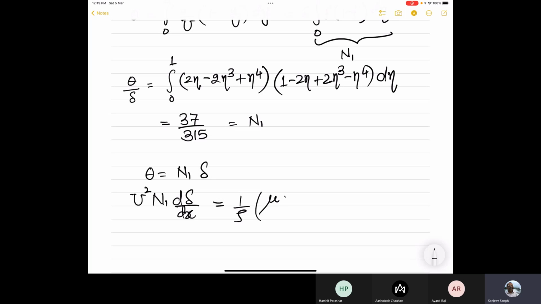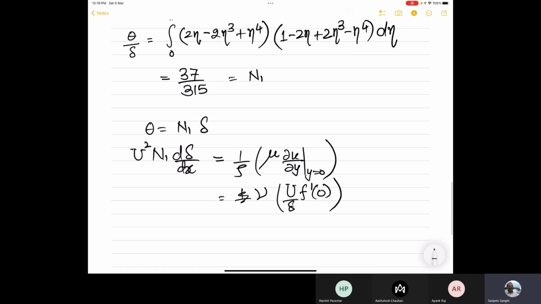Tau wall is mu du by dy at y equal to 0. So this becomes mu over rho, which I will write as nu, and du by dy at y equal to 0 will become